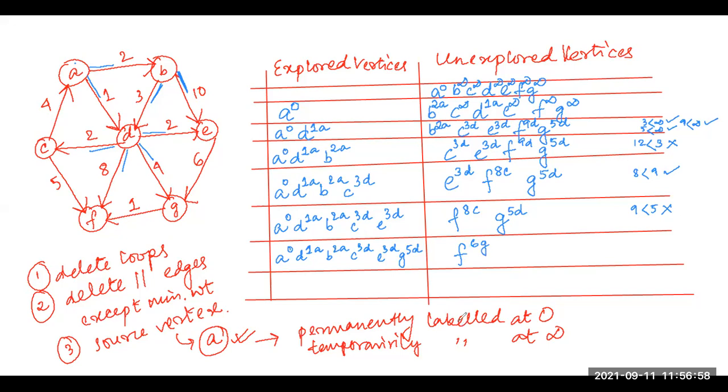6G, ठीक है। ये मेरा 8 था, 8 is not lesser than 6, so yes I will take the new value 6G। तो अभी इसको भी हम यहाँ पे ला देंगे, A0 D1A सॉरी, B2A C3D E3D, G5D, F6G, ठीक है। हम लोग यहाँ से स्टार्ट किए, सारा एक्सप्लोर खत्म, हम लोग यहाँ पे स्टॉप किए।